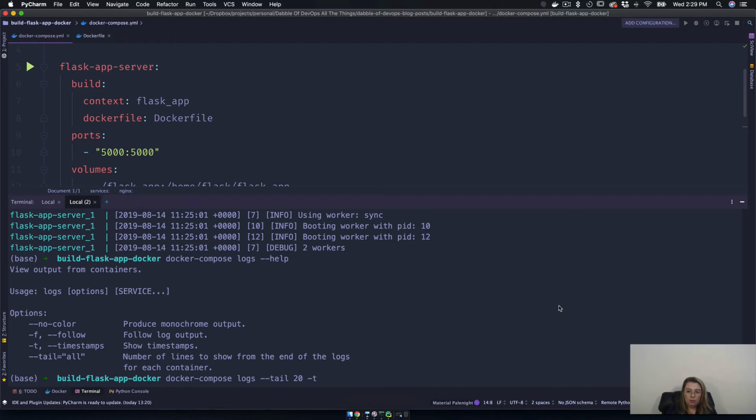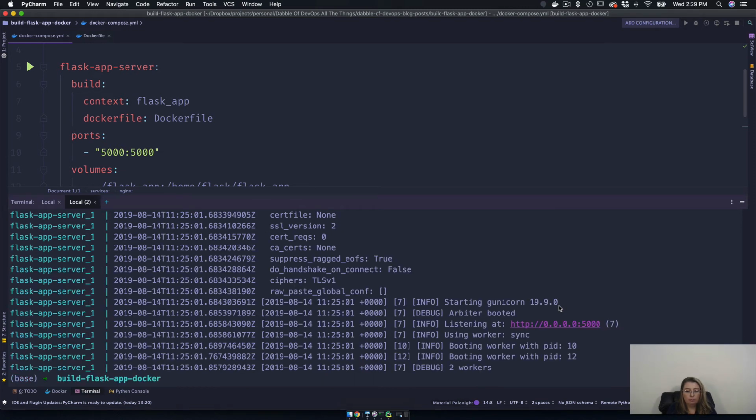Well, let's do timestamps. That's kind of fun. Did I do the Flask app server? Okay, and then you can get the hardcore timestamps as well. So these are the timestamps that are recorded